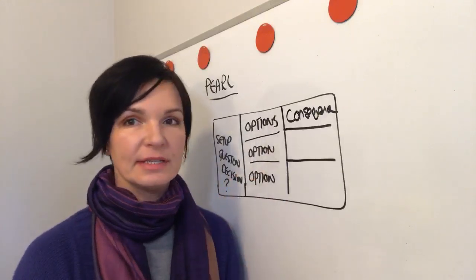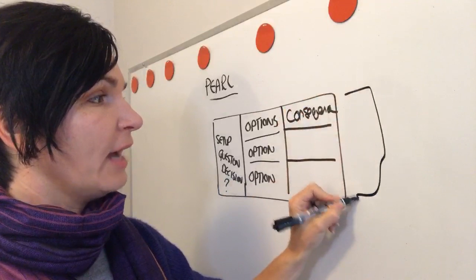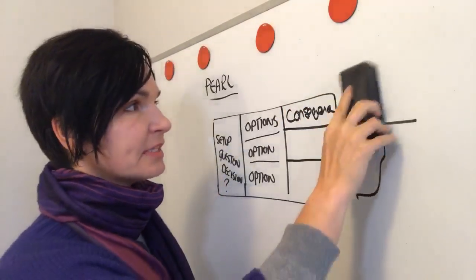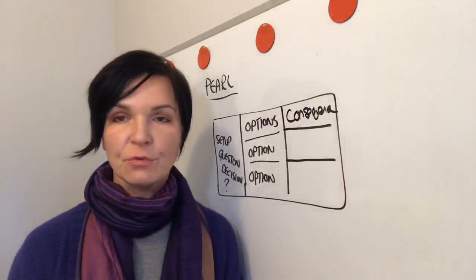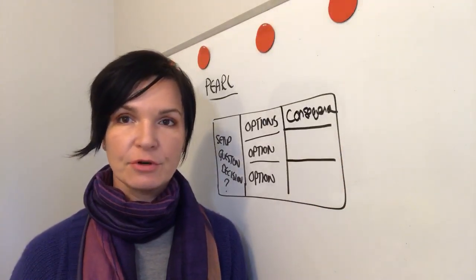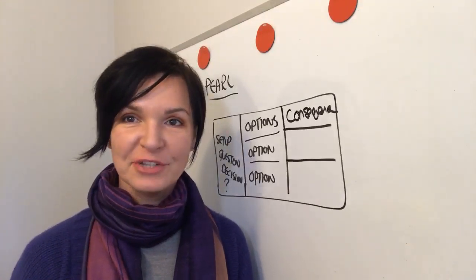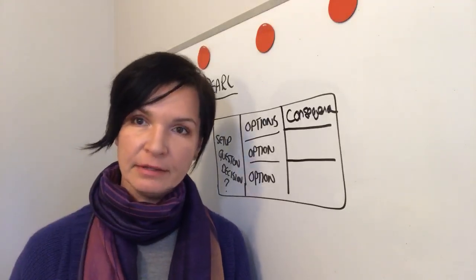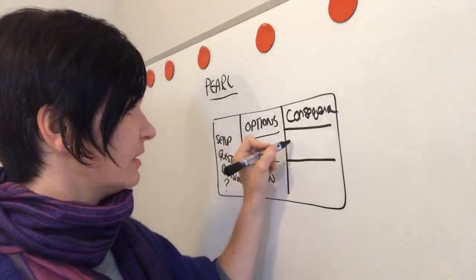So a consequence is just that. Feedback may be added after here, but it's not always necessary. If your consequence is compelling and you've structured it in the right way, there's no need for feedback. You let the person draw their own conclusions from the consequences, just like if you touched a hot iron, it burnt you. Nobody has to go up and say, that was a bad thing. So that's what that is at the end.